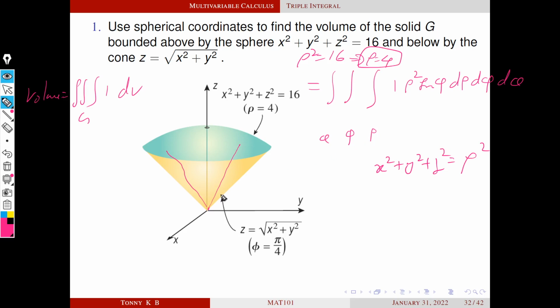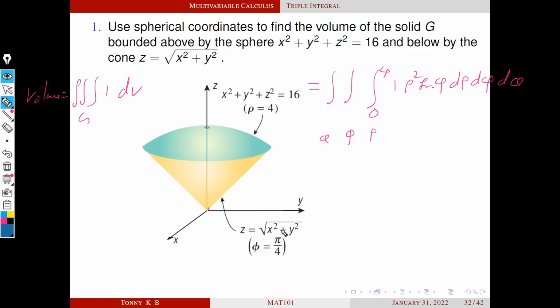So it is clear that our rho should be varying from 0 to this point, that means 0 to 4. So this is the variation of rho. Next we have to identify the variation of phi. To identify the range of phi, we have to find the equation of this cone in terms of the spherical coordinate